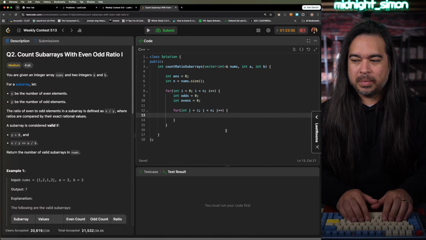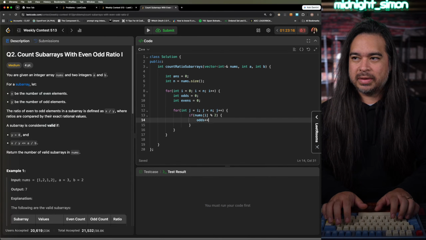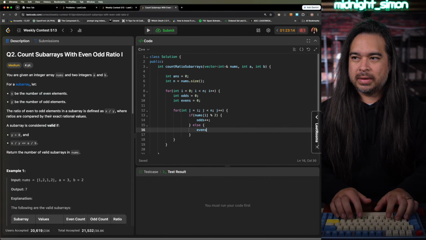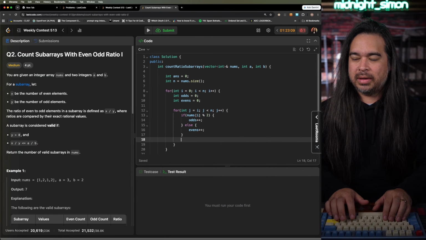Should I do that? I'm not sure yet. Let me just continue counting evens and odds. So if it's mod 2, this is odds. Right? And then